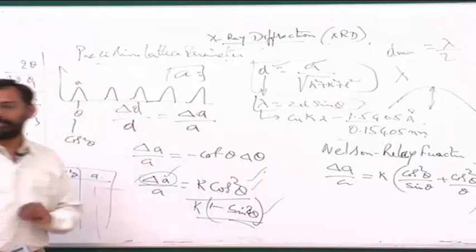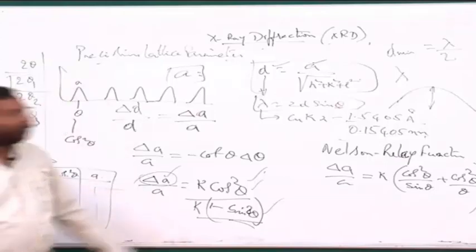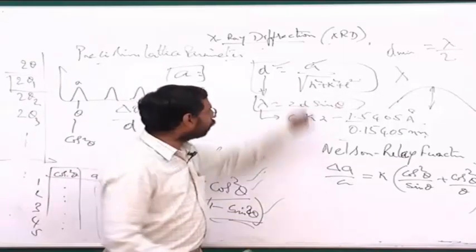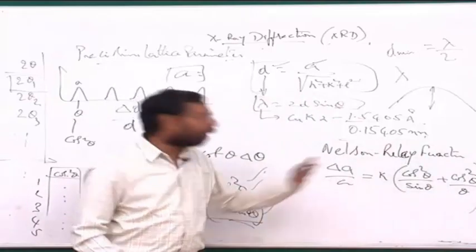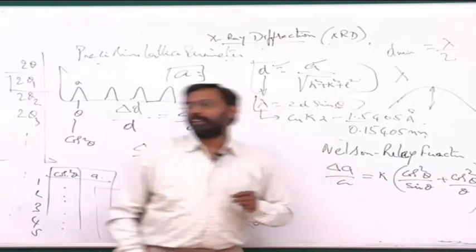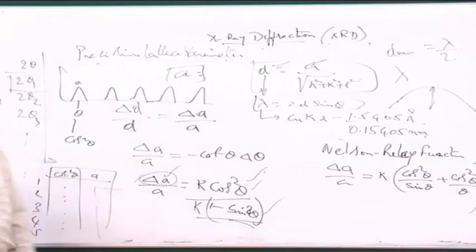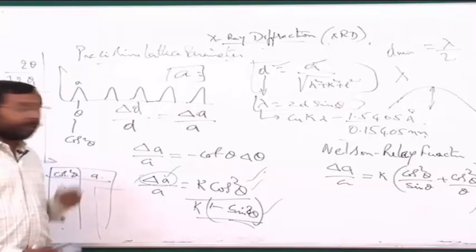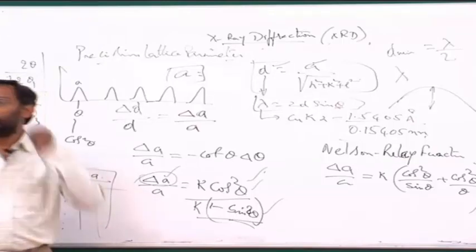So what I do, for every peak, I find out the theta. From that I find out the A, and again find out this whole function and plot the lattice parameter versus this function and see where this goes to 0, and then from that I can find out the lattice parameter. So this is how we have to get a precise lattice parameter, and then you can talk about it. And in fact, one of the beauties of X-ray diffraction is that it gives you very precise lattice parameter.